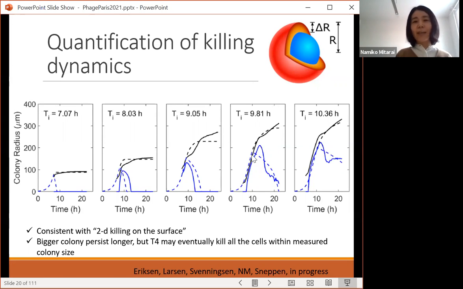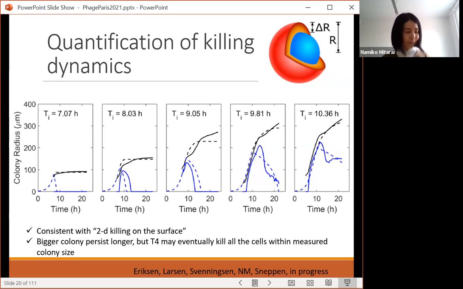And we are trying to get some quantification of these killing dynamics by looking at this green fluorescent and the bright field data, and the data seems to be consistent with this. They are trying to kill from the surface, so they are becoming darker from the outside. It seems like with T4 cells, in the end, all the colony seems to be becoming dark and all killed,